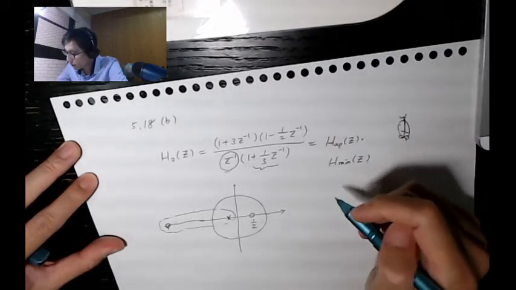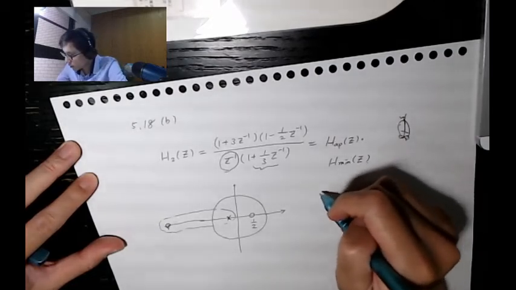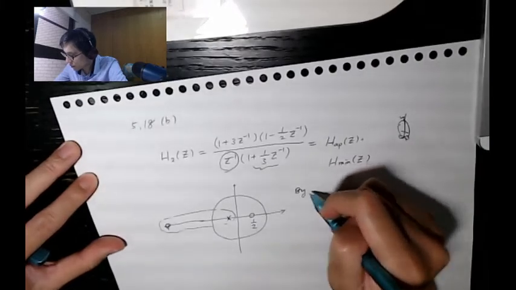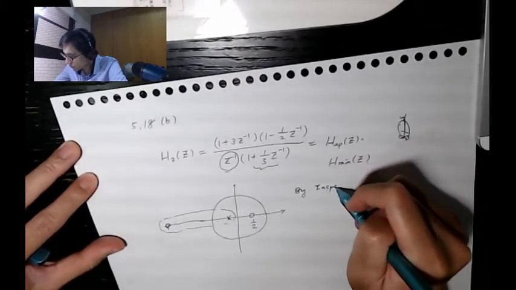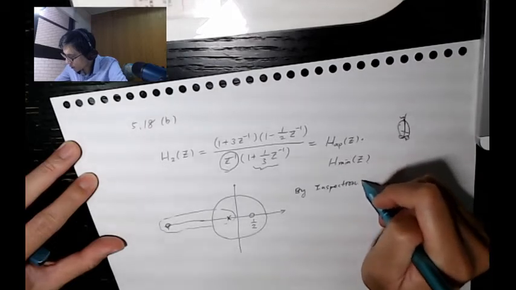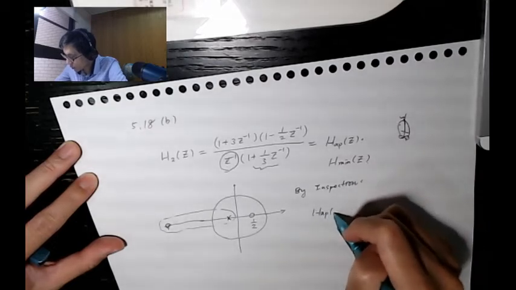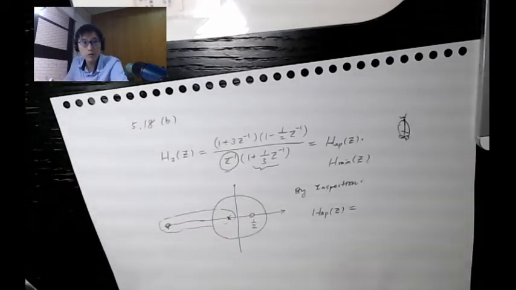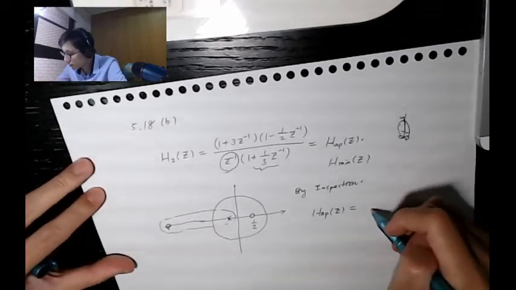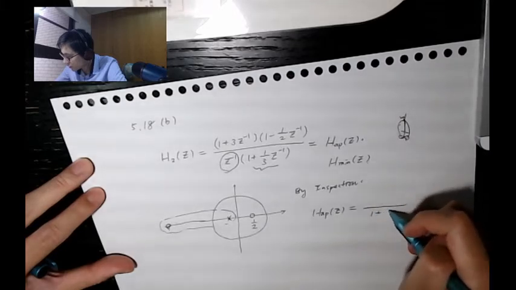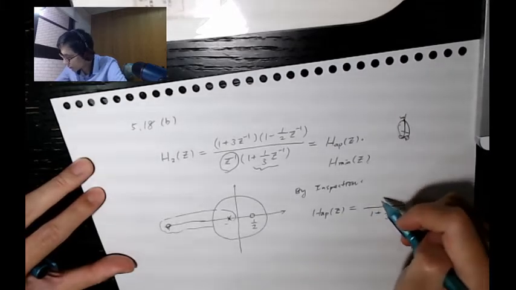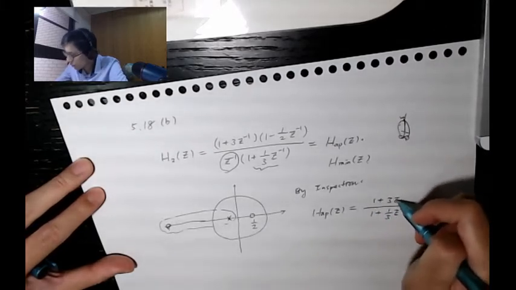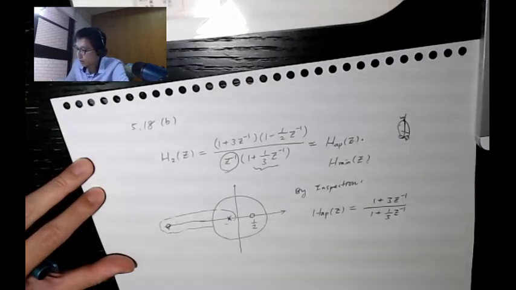So the all-pass part, just by inspection, okay? By inspection, the all-pass part is already there. We don't even need to compensate by placing a virtual location, something like that. So the all-pass part just by inspection is this part. And I hope I'm correct right here, okay? So that's the all-pass part. Okay, and the remaining part